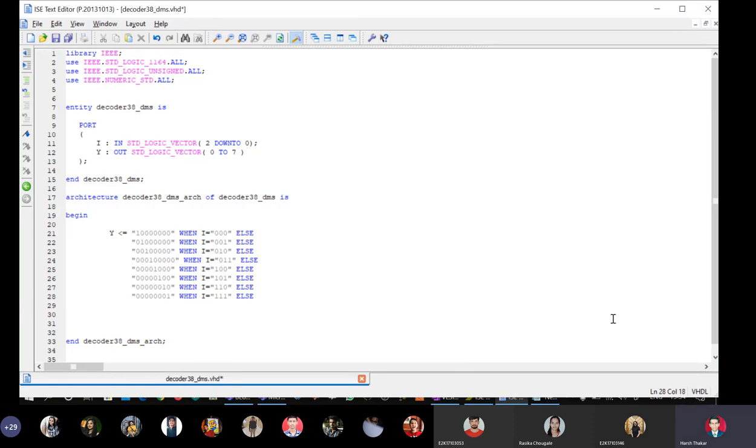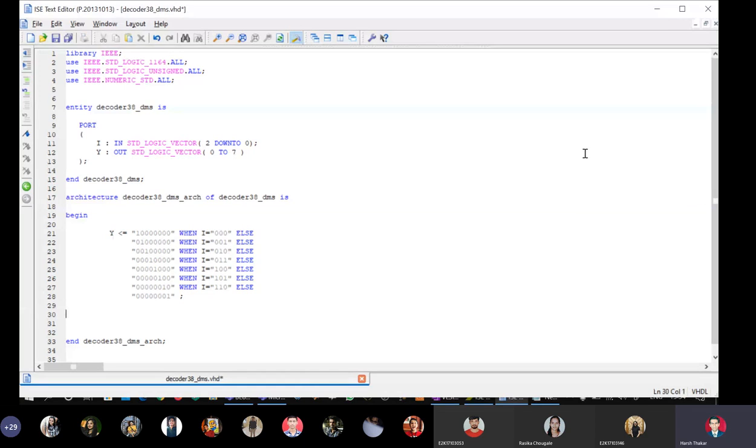So is the one shifting? I think so, it's shifting properly. As I told you, in the last combination you are not supposed to put anything. No need to write when I equal to triple one. Just delete this and put a semicolon, right? So this when I equals 0 0 0, else this when I equals 0 0 1, and so on through 1 1 0.